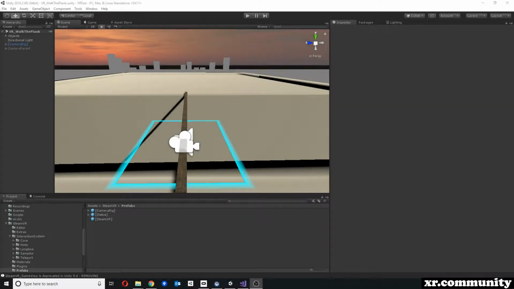Welcome to this video tutorial. In this video, we will complete a short exercise to create our own walk the plank experience. Walk the plank experience is a very nice way to use a simple environment to create a very large effect